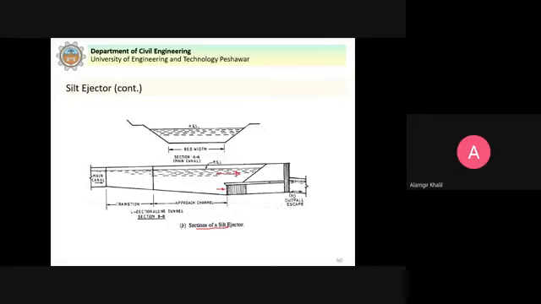So the following guidelines have now been proposed by the Irrigation Research Institute in Lahore. Their recommendations are based on extensive hydraulic model experiments for each individual case. So to avoid this problem here, then model studies were conducted by Irrigation Research Institute Lahore, and they give recommendations. So what are these? Where the angle between the headwork axis and the river axis exceeds 10 degree, this angle here,